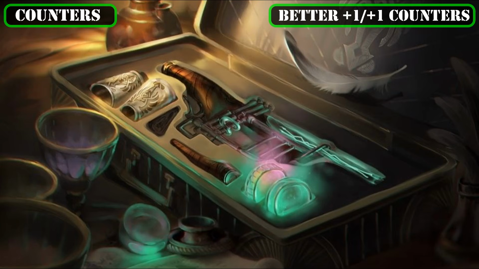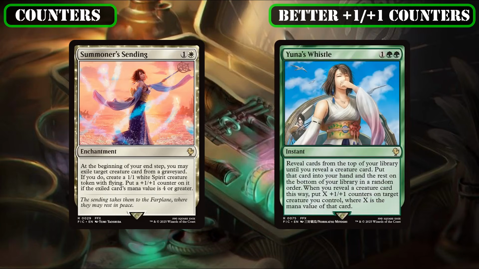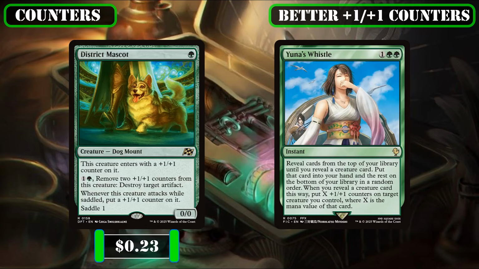And then to wrap up our changes on the +1/+1 counter front, we'll be cutting Summoner's Sending, which is a nice little piece of repeatable graveyard hate, but is a bit slow here where we want to be a bit more proactive in building up our creatures, as well as Yuna's Whistle, which is functionally a +1/+1 counter themed cantrip that isn't too impressive here in my opinion, since the mana value of our creature base is a bit too low to get a lot of counters off of it, in order to give their spots to District Mascot and